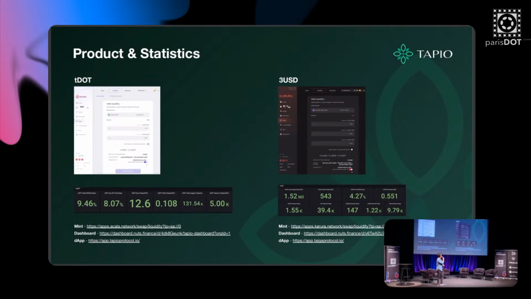Around 1.52 million of stablecoin liquidity right now in this pool. This pool has been live for 4 weeks as well. The yield, we're looking at around 4.27%, and this yield is generated from swap fees completely. And then we also have the Kusama treasury that we're incentivizing users. So all in all, right now, the yield for this one is at around 15 to 16%.